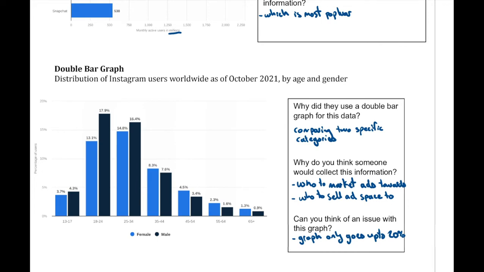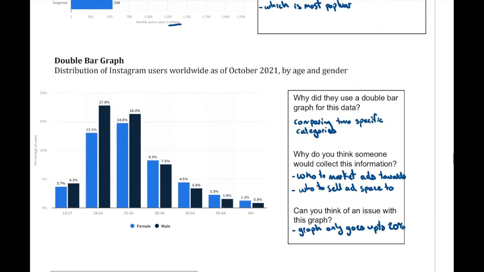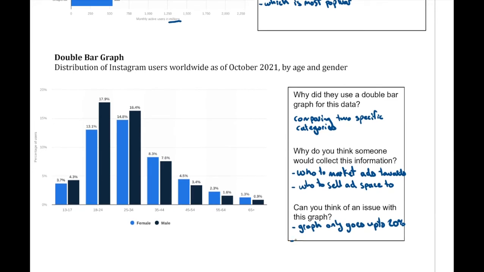So again, it's not a relatively high number, but based on what we're looking at, or based on the graph, it does appear to be a high number, or it looks high because of what the scale is. So maybe if they put the scale up to 100%, then we'd see that maybe it's not quite a lot of people actually. The other thing you might think of, if you look at the intervals,